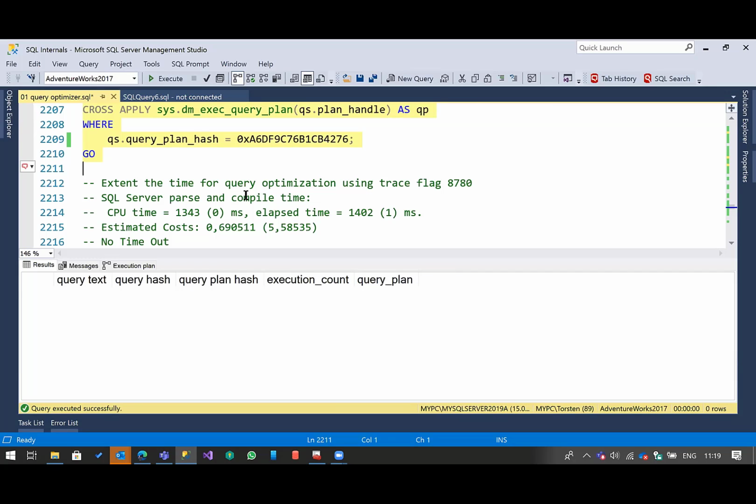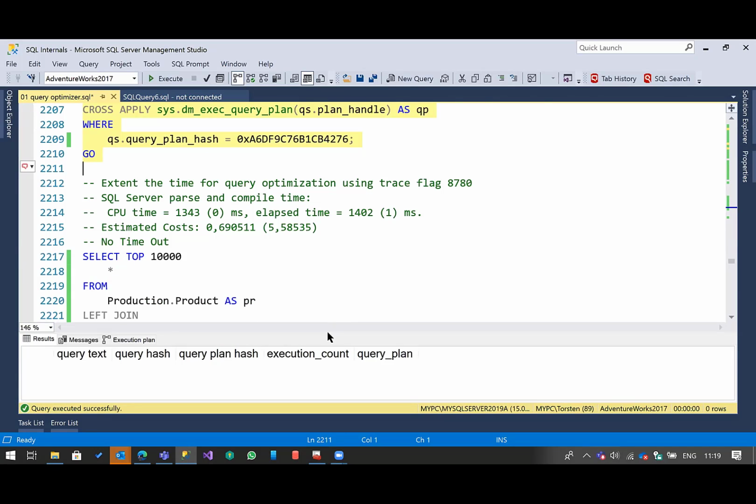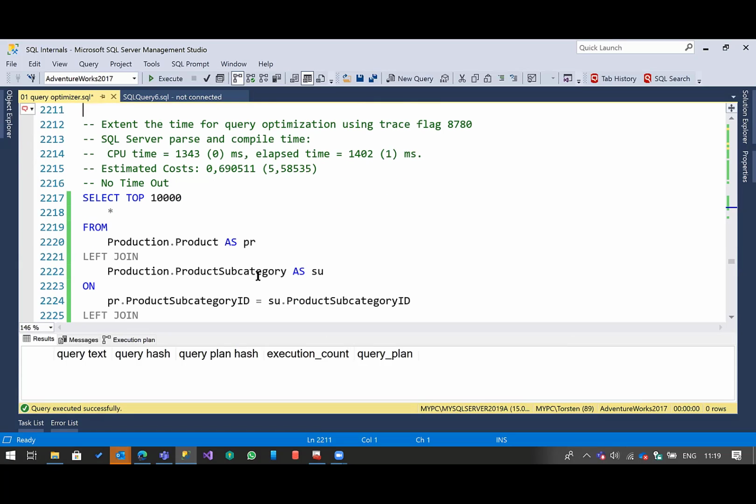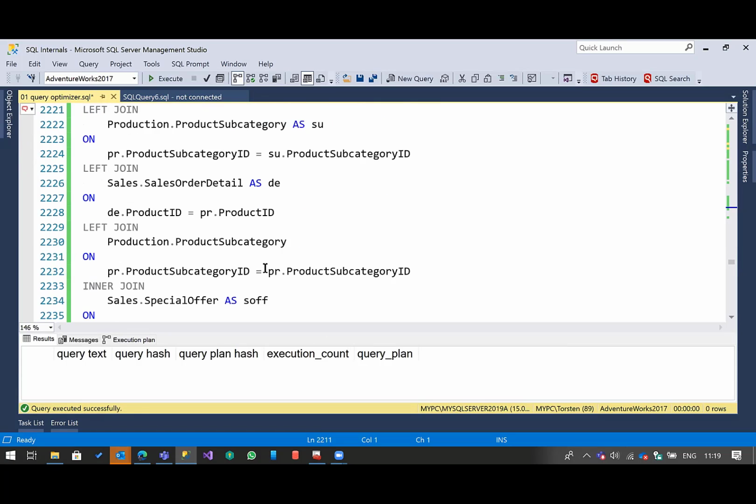That means the CPU cycles you spend for the first compilation make no sense, because the next execution of the same query will force SQL Server to optimize the query again and again. That can be a reason why you have a lot of CPU consumption caused by